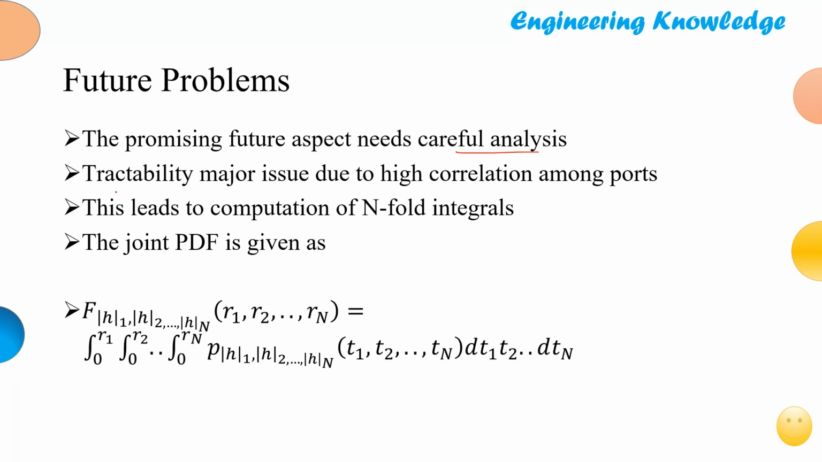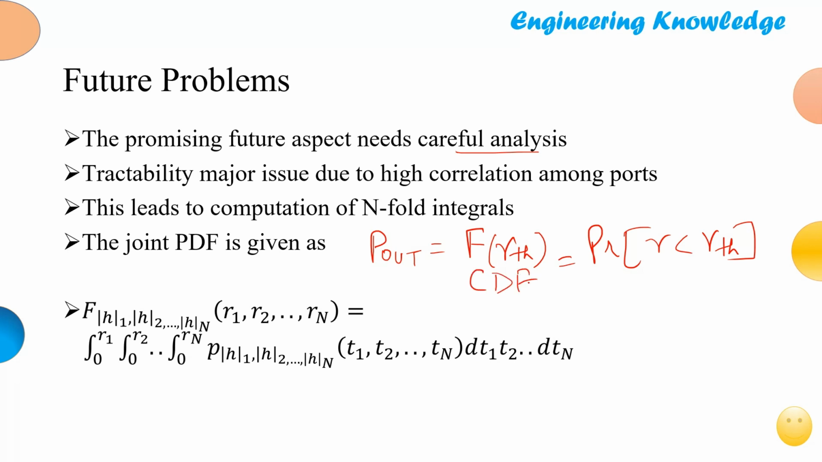A major issue with mathematical computation is tractability, which means that you derive the expressions, but the expressions are generally given in integrals. What is the reason? If I want to calculate the outage probability, I have previously made various videos on this. Outage probability is basically the CDF computed at a threshold SNR. So what is the probability that the overall SNR is smaller than the threshold SNR? Now for this, we need to compute the CDF,